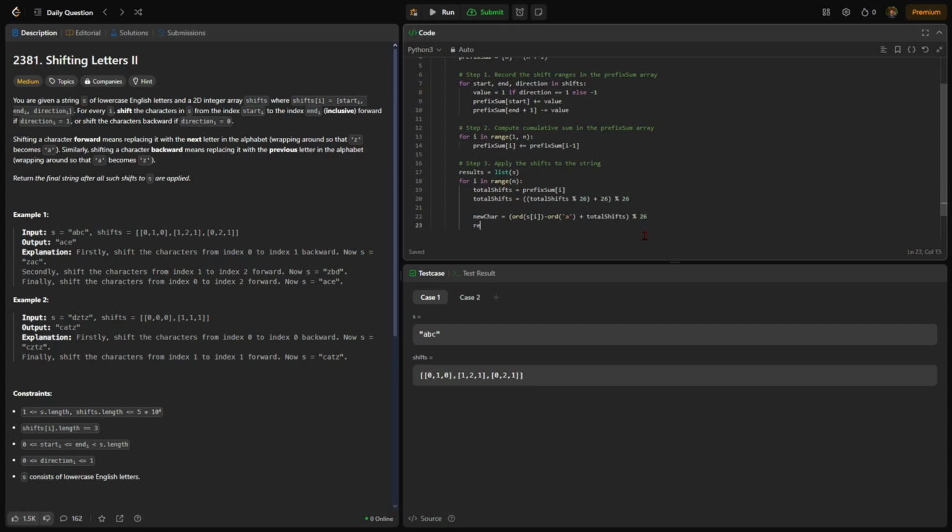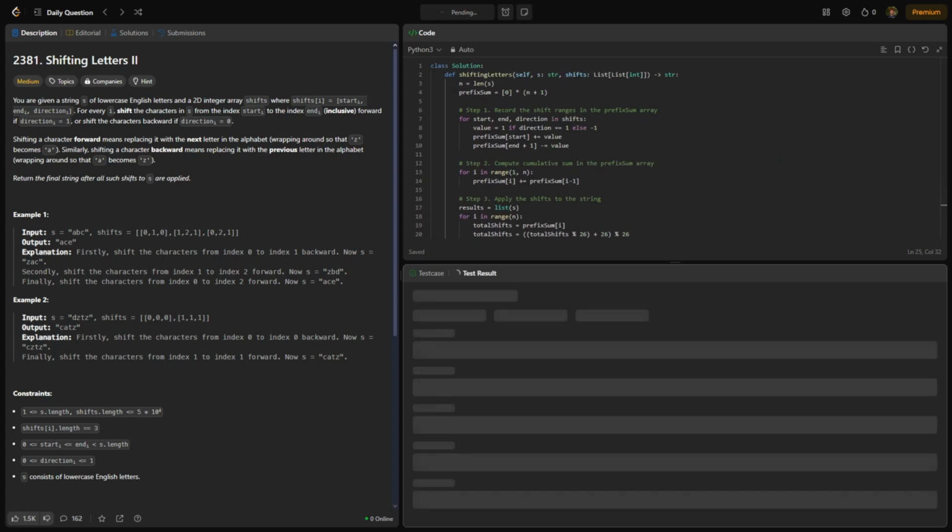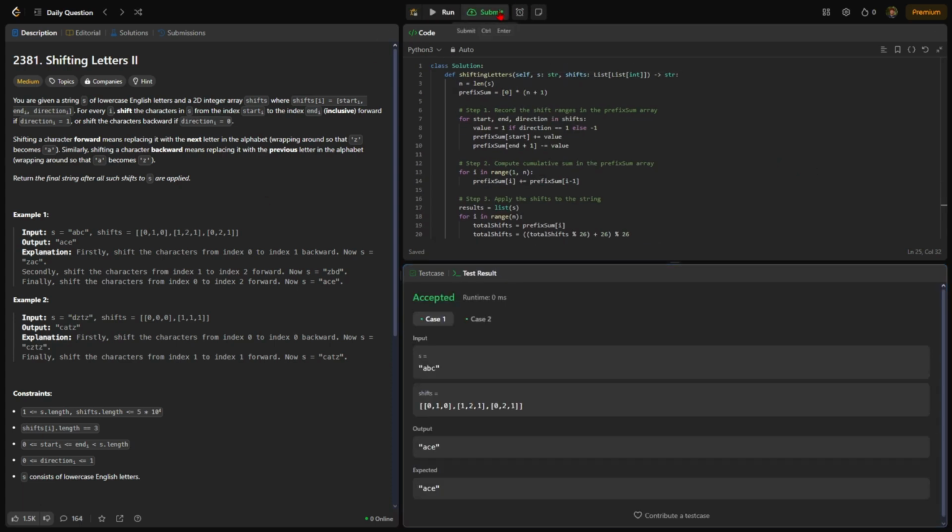And then we will use our results of I, because it's a list, and we'll make sure it's a character, order of A, plus our new character, to ensure that it is stored as a character value, not as a number value. And that's it. Now we can simply return an empty string and join that string with our results list, turning that into a string as well. So if we run this, passes our test cases, and if we submit it, passes